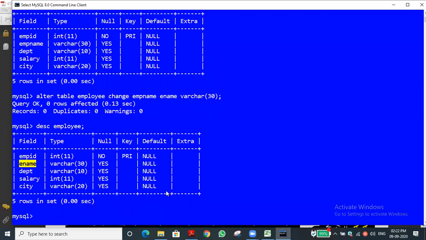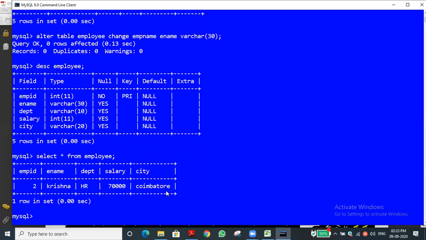Suppose I use select all from employee. In this case, it will show all the details: employee ID, e-name, department, salary, city. Sir, I want only city to become first, and any order you want, you can give in select.